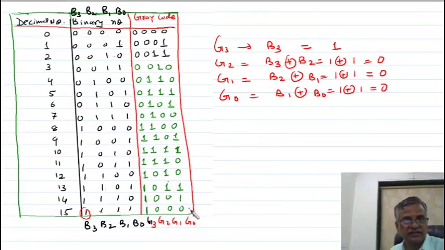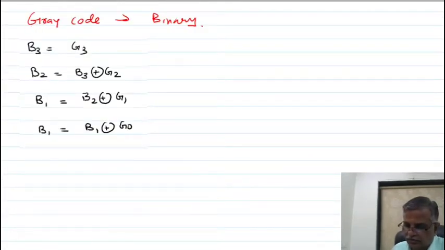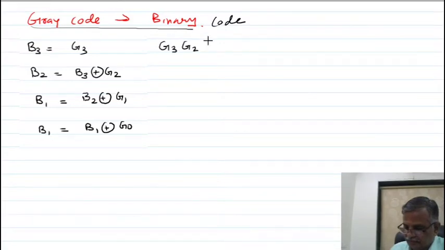I think you understand. This binary is the corresponding gray code. It is used in a CNC machine also. Now I am discussing how to convert the gray code into binary. Remember this equation if you want to convert the gray code into a binary number or binary code. Suppose this is your gray code, 1 0 1 0. You want to convert it to its corresponding binary.